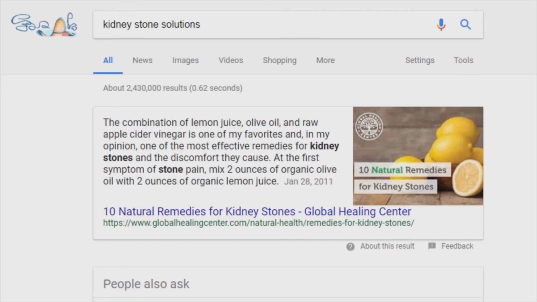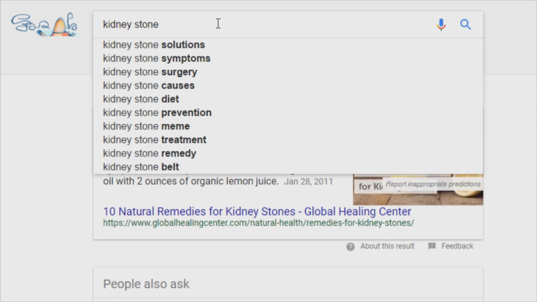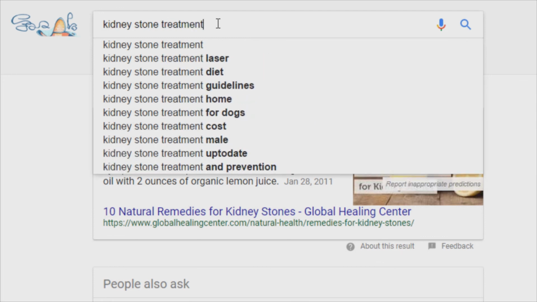Well, one way of figuring out, especially within Google, is when you type in something like kidney stone treatment. You see how Google suggests certain topics and all that? So we know these are hot topics because Google suggests these. In order for these to actually get in here, this basically means that tons and tons of people are typing